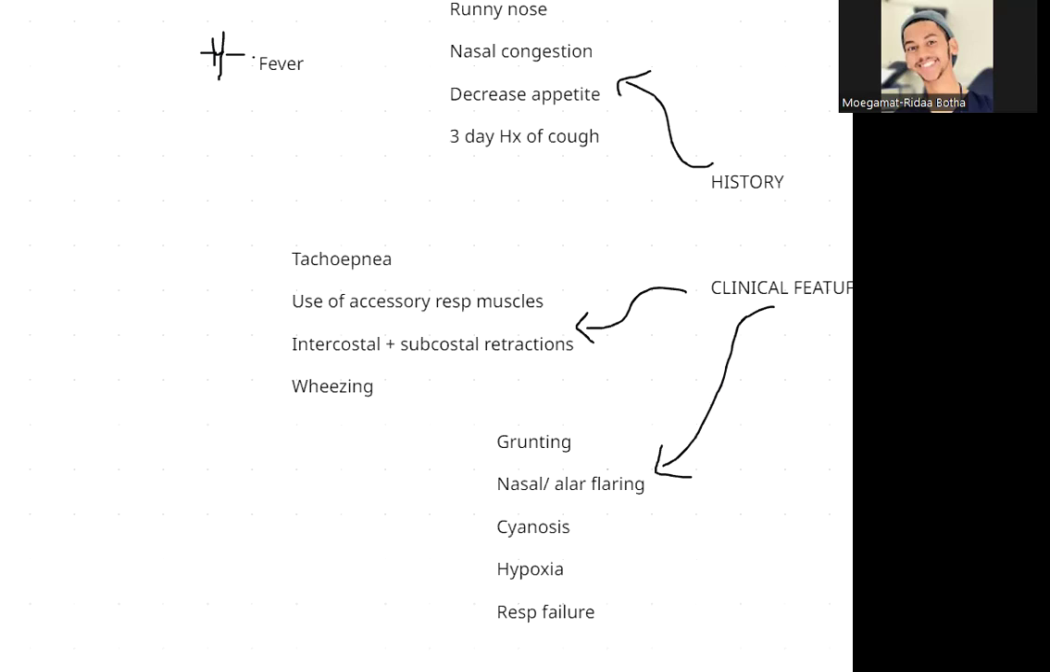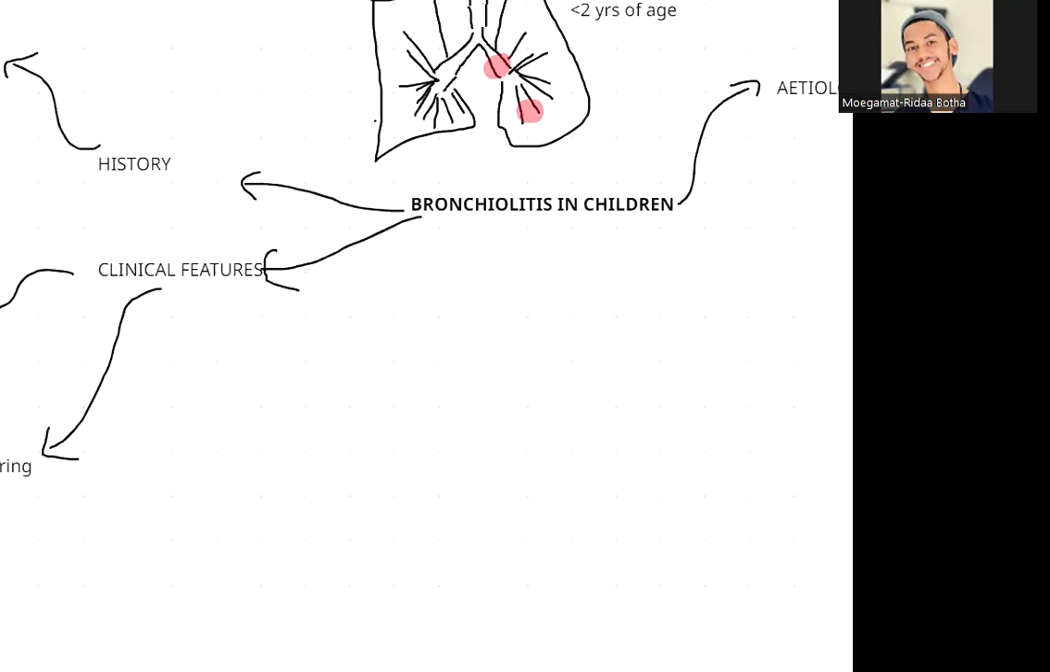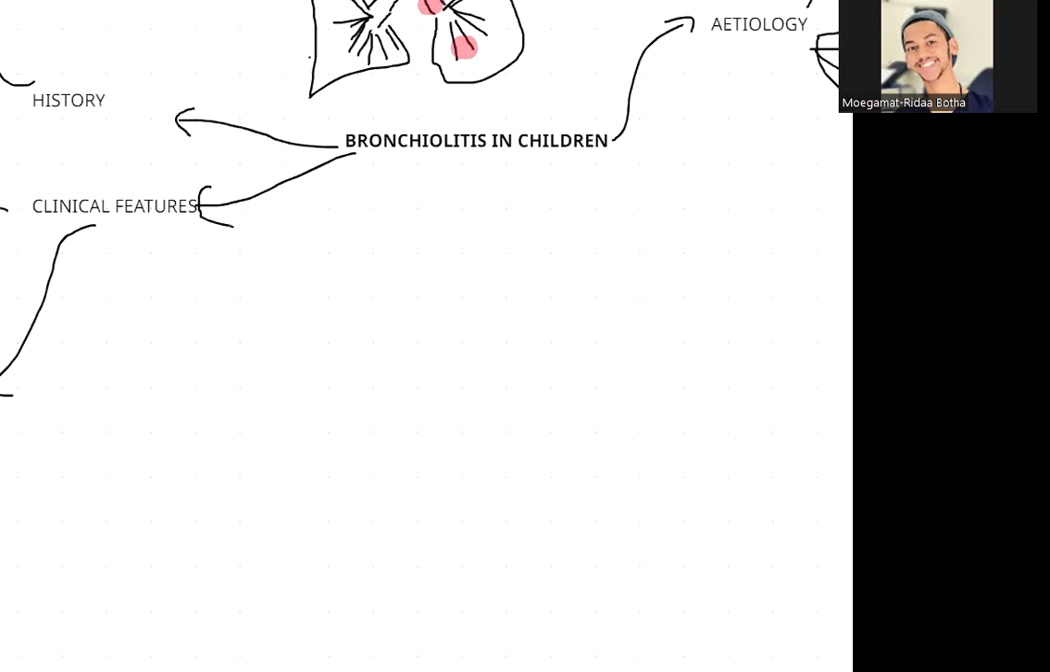So I think I'm going to stop there. I'm just going to mention the evaluation or the investigations of bronchiolitis, and then in the next video, I'll speak about the treatment, management, differential diagnosis, and prognosis. So with regards to the workup, or investigations, of children with bronchiolitis,